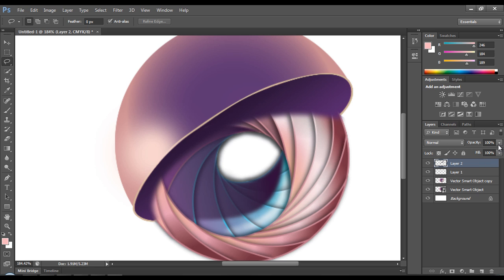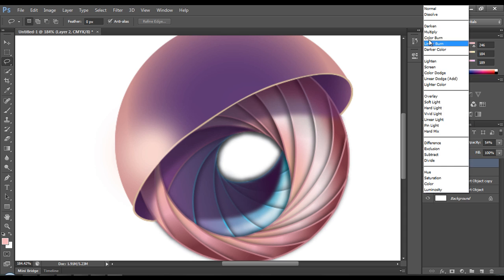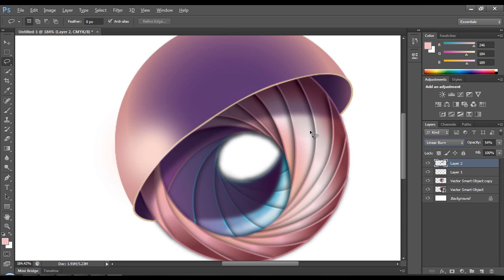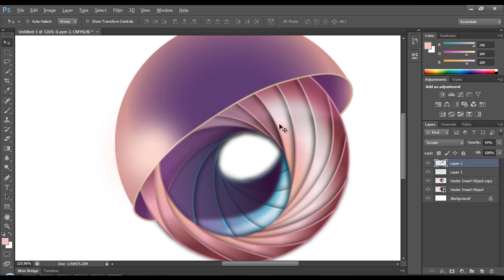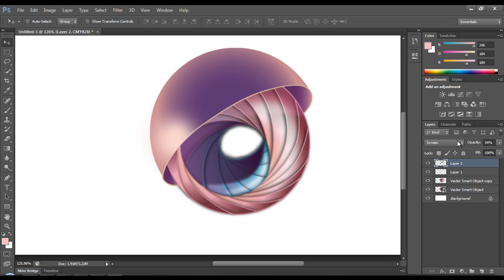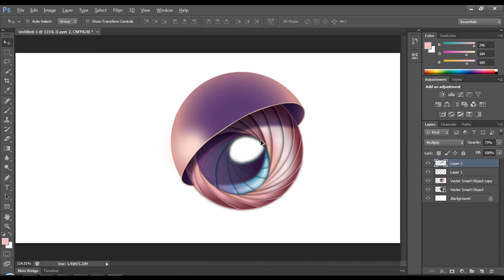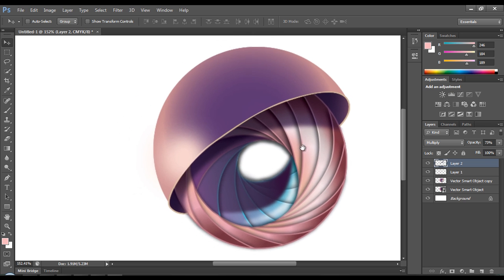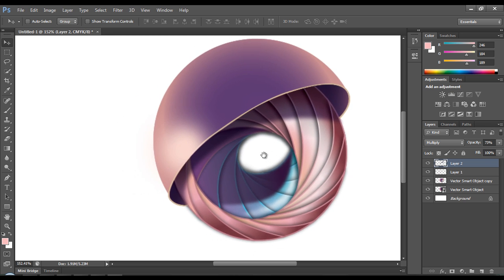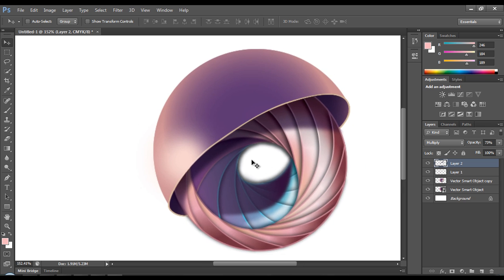Now if I reduce the opacity, you can see that effect. Now let's make it Multiply and you get more effect here. So it's multiplied, and you can play around with the shadow here, so it will give that nice effect, and you got that nice design. And I think finally we have achieved what we were working for, and it's looking really great.